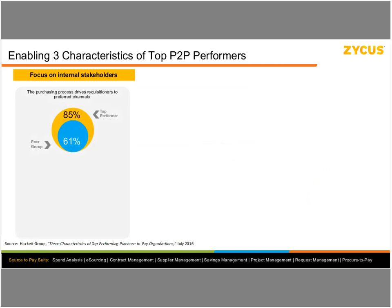Now, Hackett's also identified there are 3 characteristics of top P2P performers, and it starts with this focus on internal stakeholders that we're paying so much attention to today. By focusing on internal stakeholders, procurement realizes the benefits of compliance as well. So having a more engaging, more intuitive process actually drives greater adoption and compliance, to the point that top performers can point to 85% of their spending going through the preferred approved channels, so compliant spend as opposed to